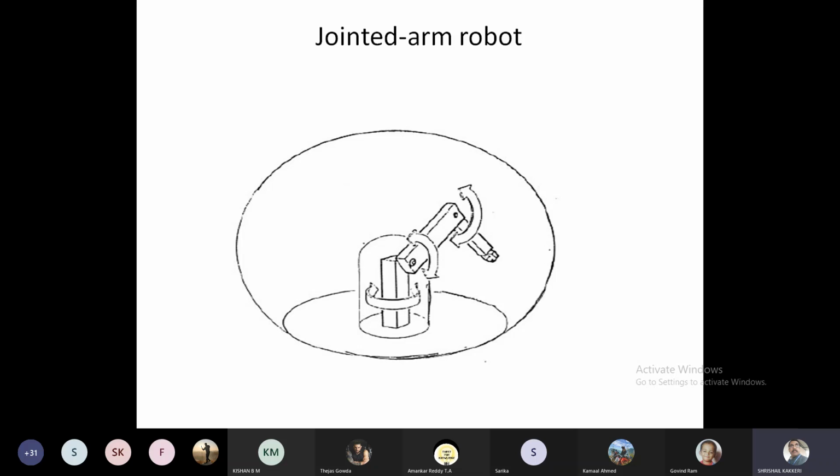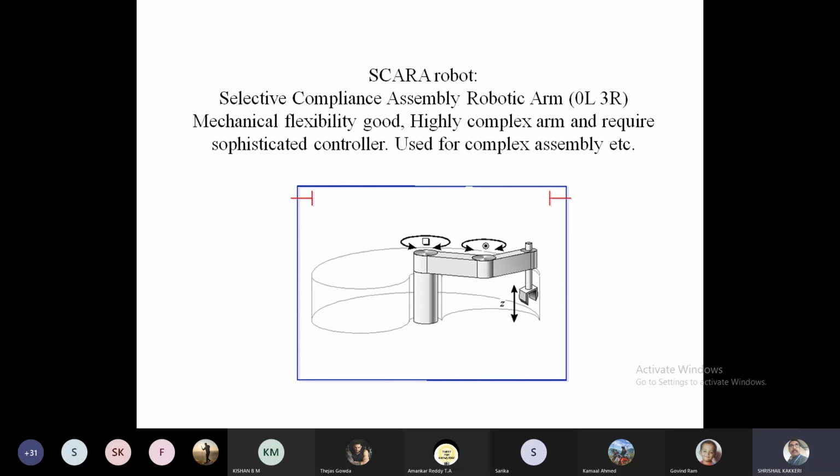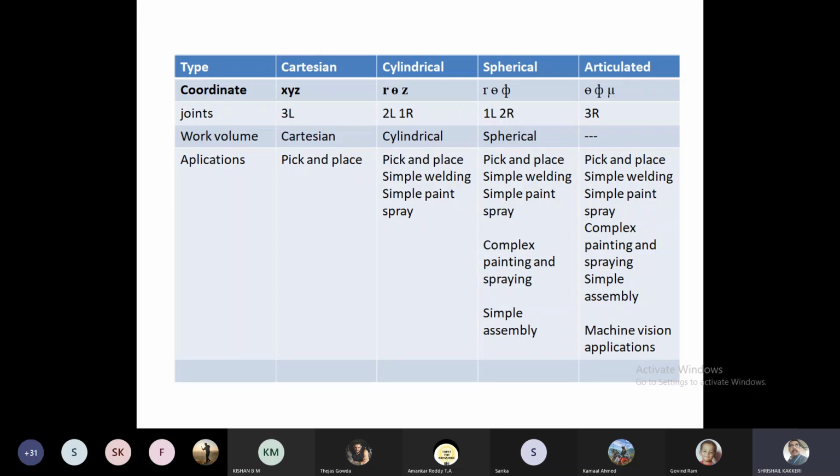It will be very complicated because all three joints are rotational. This robot can perform whatever complex job there is. If this robot cannot do a program or function, the remaining three cannot do it. These are the four important physical configurations of the robot. And now I have made some list here. You can see them. Explain the